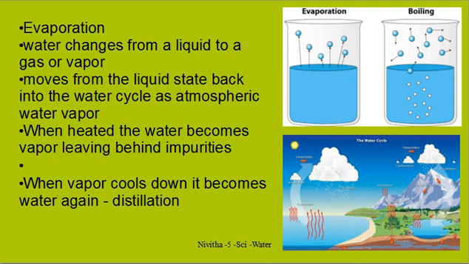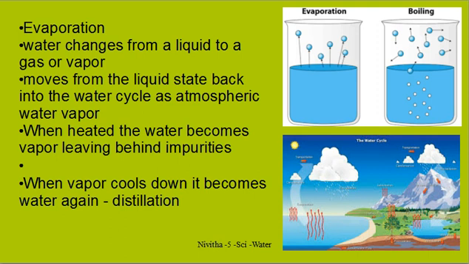Now, soluble impurities. Soluble impurities can be removed, but it is a little more difficult than the insoluble ones. You cannot do a simple filtration or a simple sedimentation. The most important method is evaporation. In the picture on the right, you will see that water particles jump when you are boiling water. When it is lightly heated, it will be only in the water vapor form. When you heat it further, it becomes boiling. The particles will start jumping. After some time, when you heat, say, a spoon of water, you will find there is no more water left. And for example, if it was salty water, salt would be left behind in the pan.